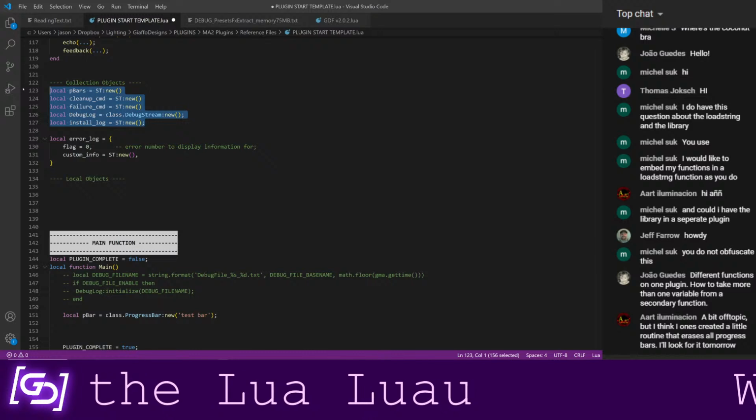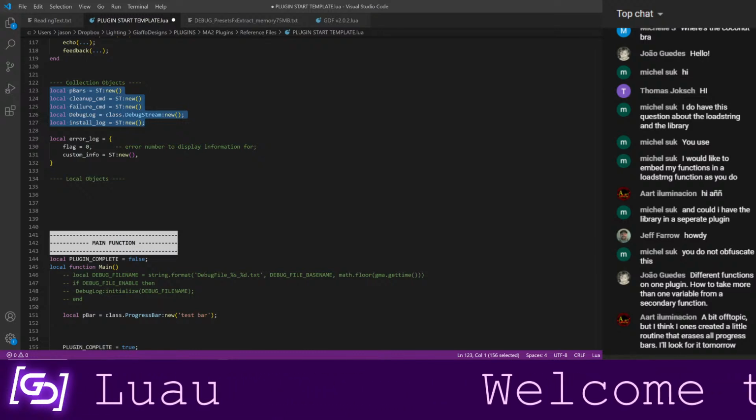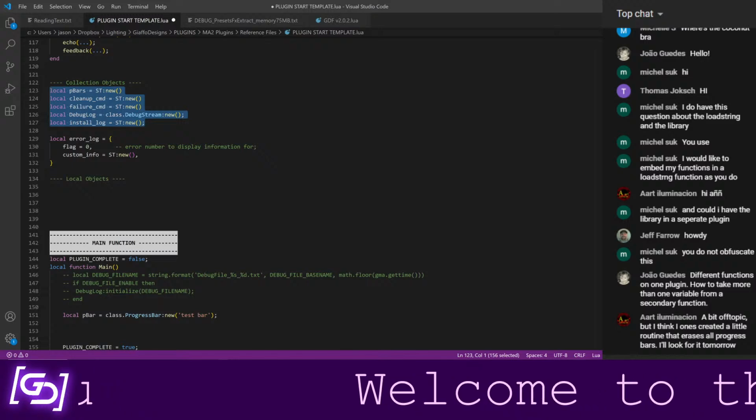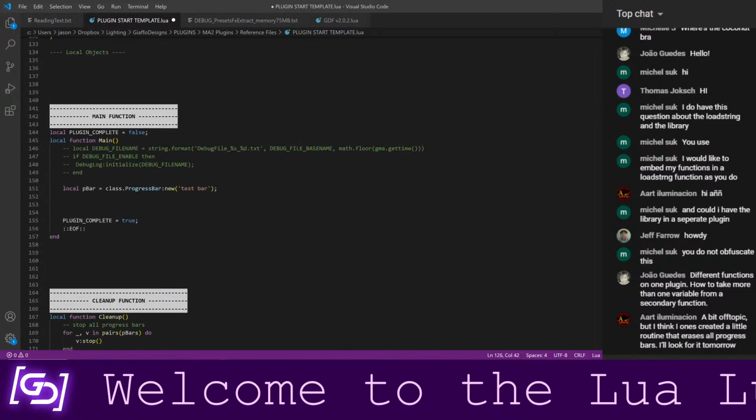So those are the 5 main things that I'll keep for collecting any kind of information or objects that I'll be using in the course of making the plugin run.